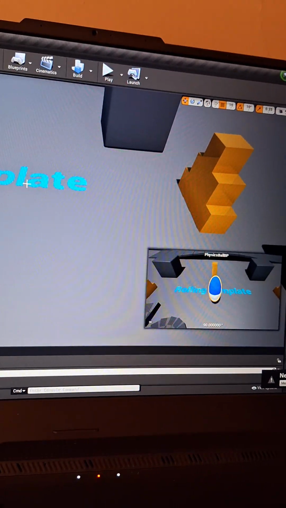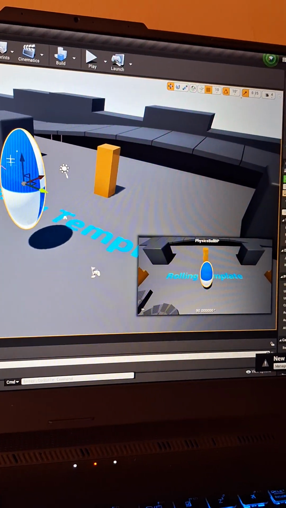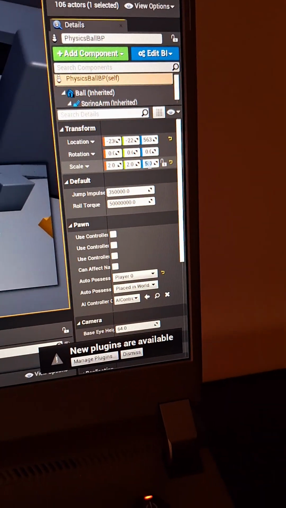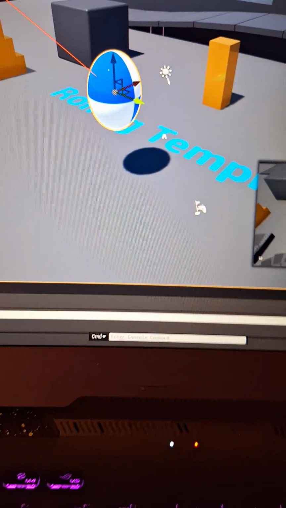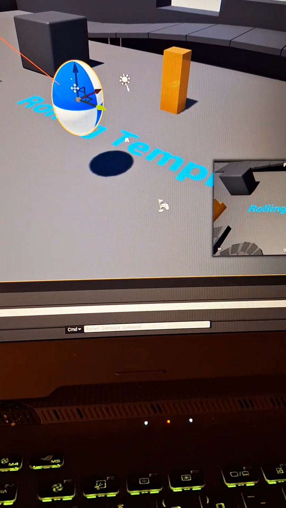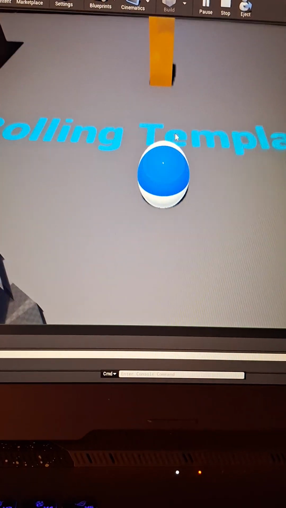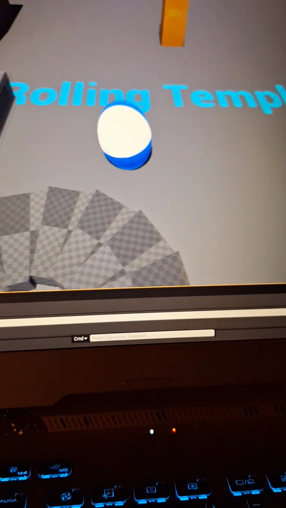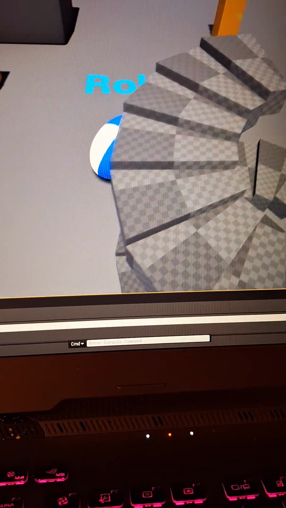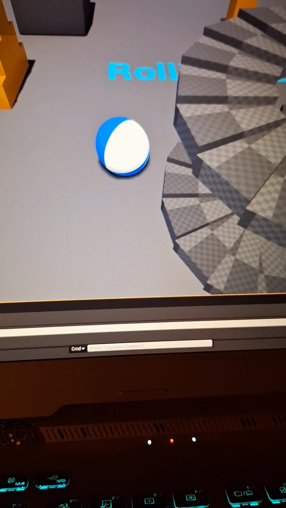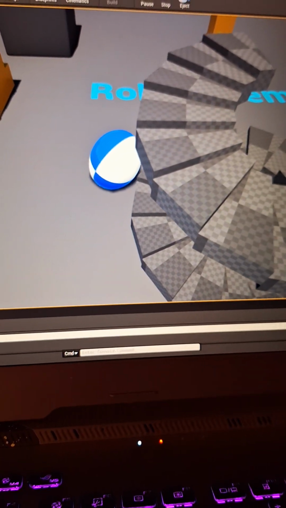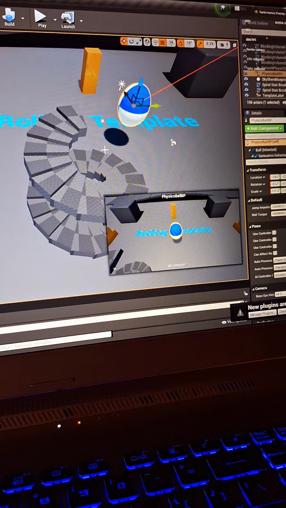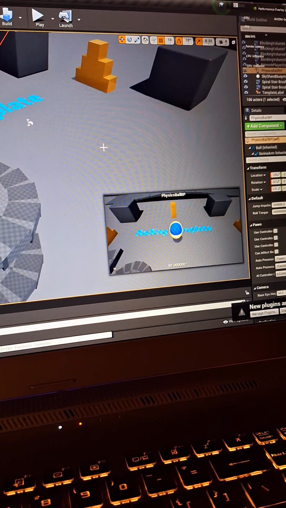But I had a funny idea that if I change this to the right scale, then I might be able to roll like that up the stairs. You know what I mean? So I'm just gonna roll like that, but it might be too tall. You know what? As a matter of fact, if I want to take these whole stairs, because I don't like the view of the camera,